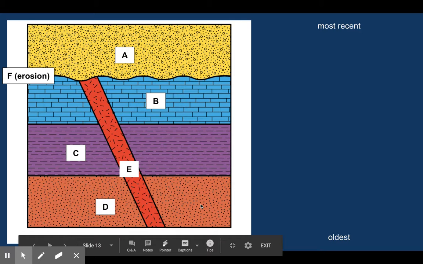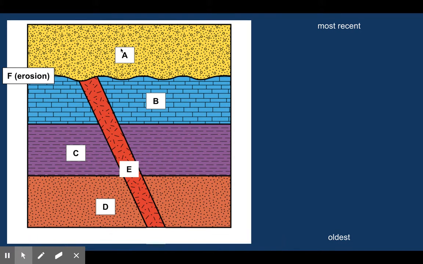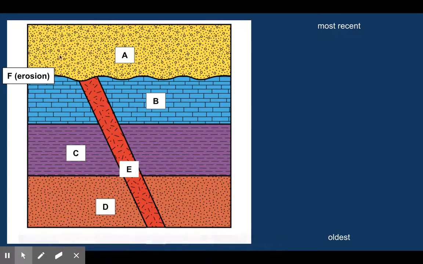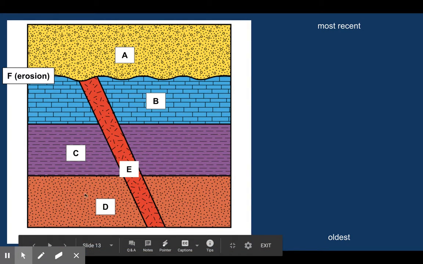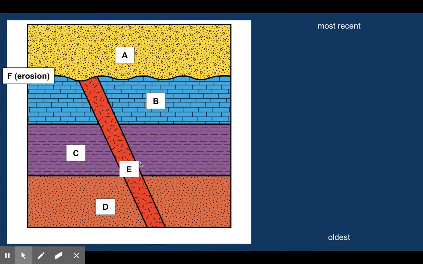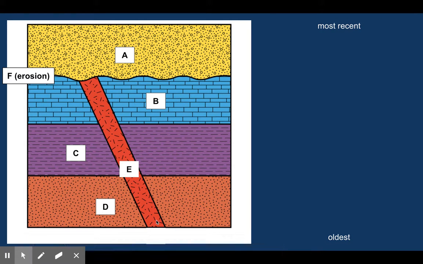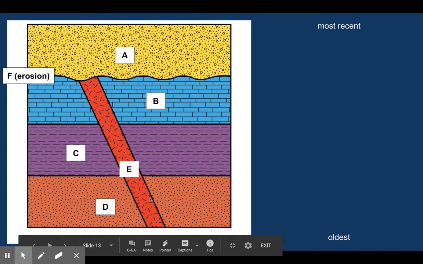So starting with example 2, we can see that layers D, C, B, and A are all sedimentary rock. This is because they are each laid down flat and stacked on top of each other in these nice layers. E here is actually what we call an igneous rock intrusion. This forms when magma underneath the surface shoots through these rock layers, and then the magma solidifies and forms this